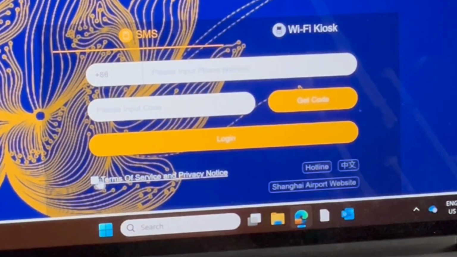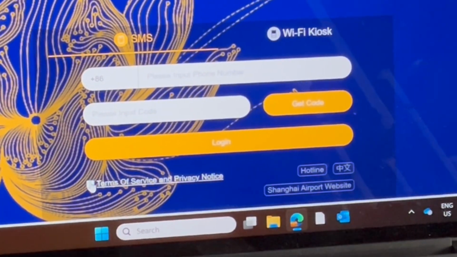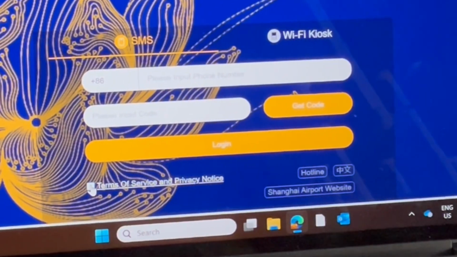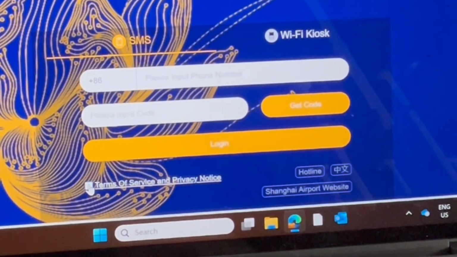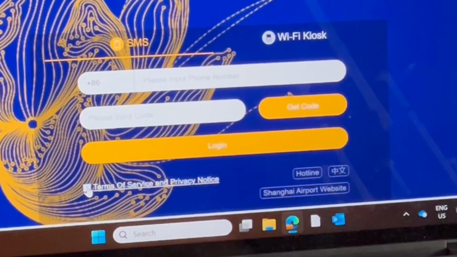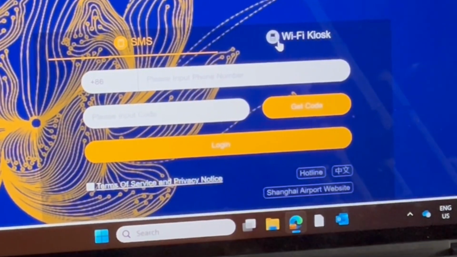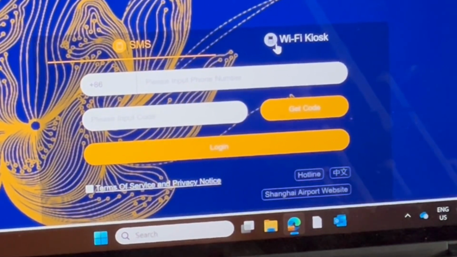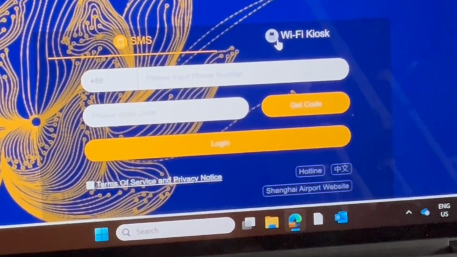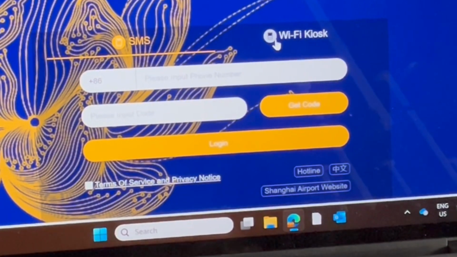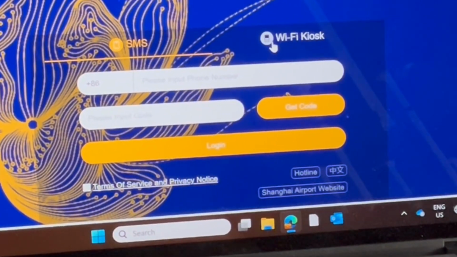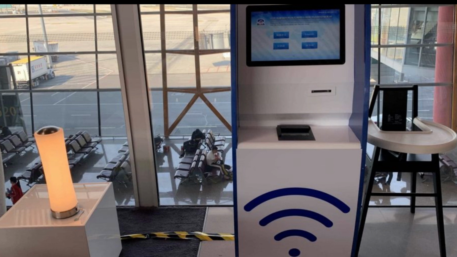And here I noticed that there is an option on the top right hand corner for Wi-Fi kiosk, which meant that I had to get a username and a passcode from a Wi-Fi kiosk. So the Wi-Fi kiosk is not really easy to find in the terminal. You have to ask the staff or the cleaners at the airport, and quite a few of them do speak